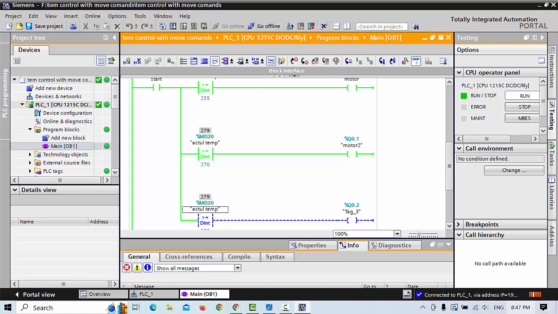When we give cool, after it will go back. It will not go back because the sensor is not going cool. Now it's going back. 270. See, now it goes back to 255, and